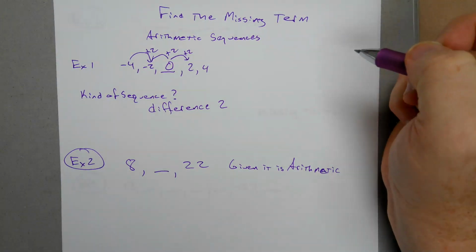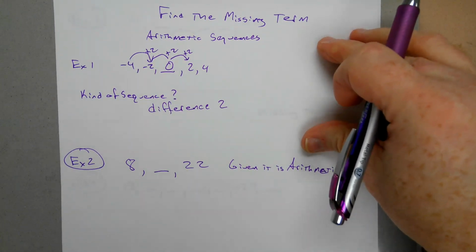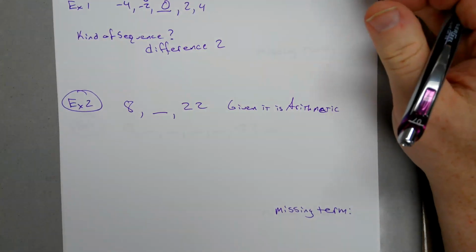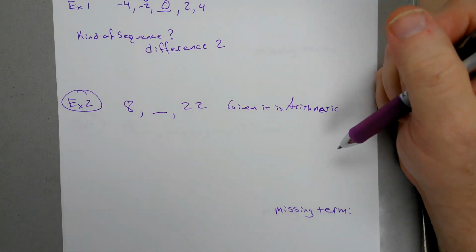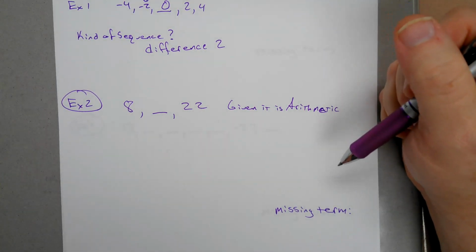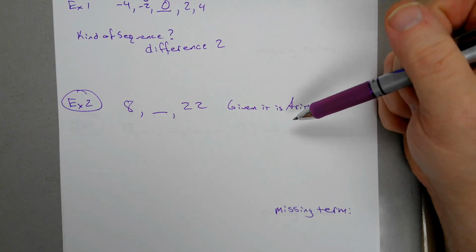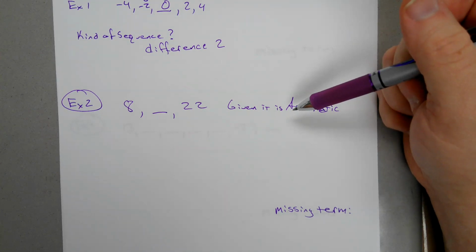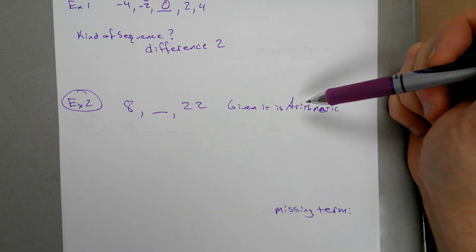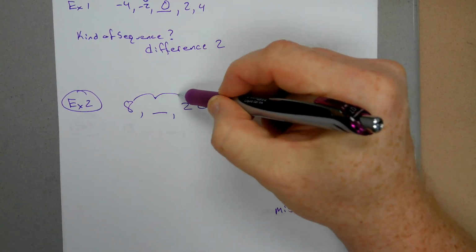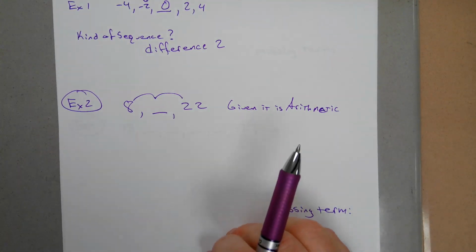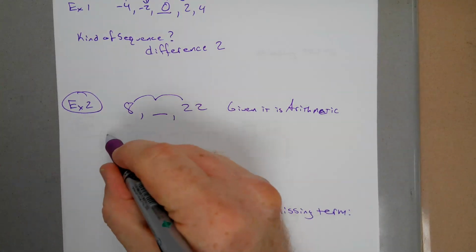Now, we have a different dilemma when they don't give us much information, other than saying that this sequence is arithmetic. So, here's how we're going to go about doing this. First things first, I have to count how many spaces it's going to take. So 1, 2. Now what I can do to find my common difference is subtract